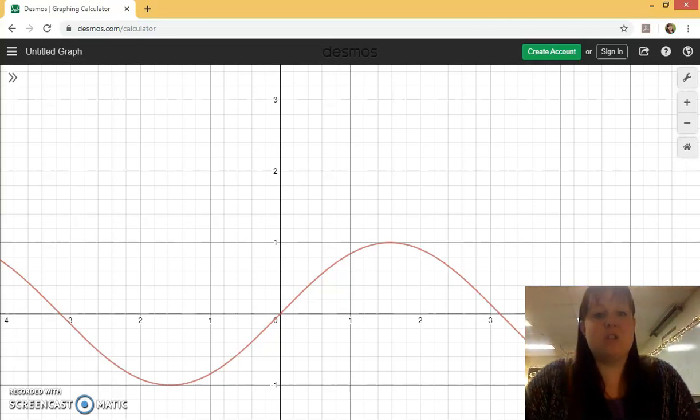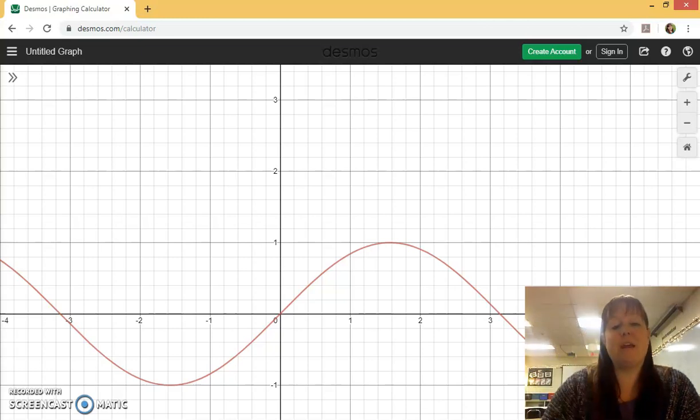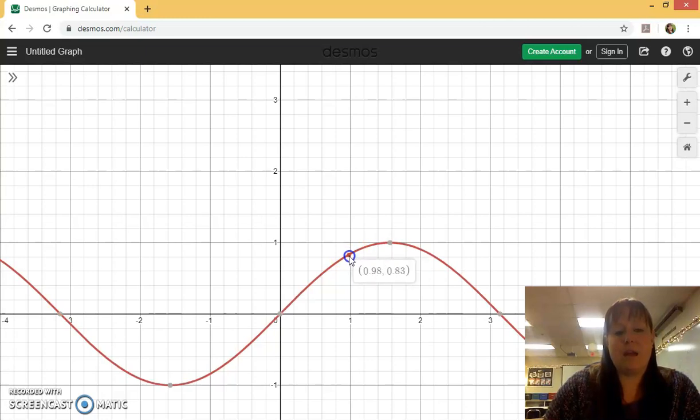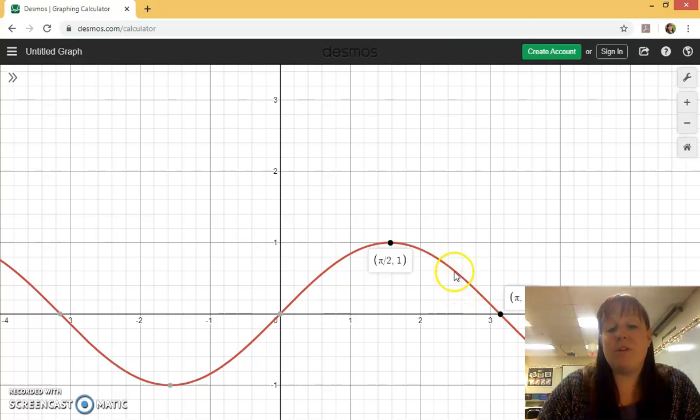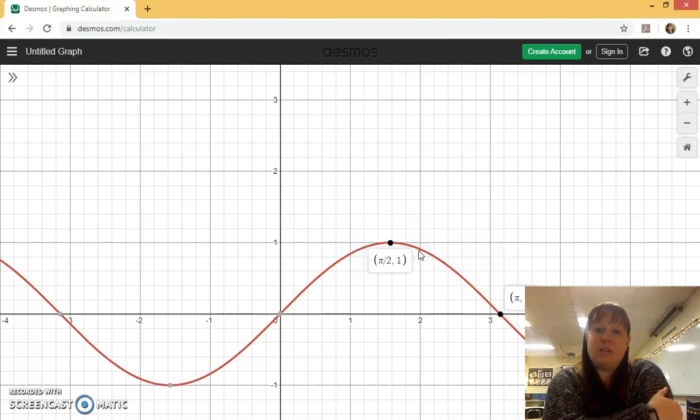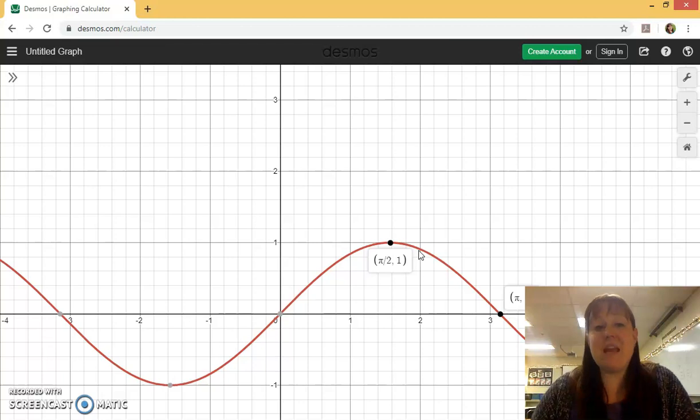This is the sine function. You might remember that from trig. And so we know some values on the sine function. We know that at pi over 2 it is equal to 1. We know that it has a 0 at pi and things like that. But what if I wanted to estimate this value without a calculator? What if I wanted to estimate a value in here? Maybe a value here. Well, the idea behind local linearization is that with any curve, if we zoom in far